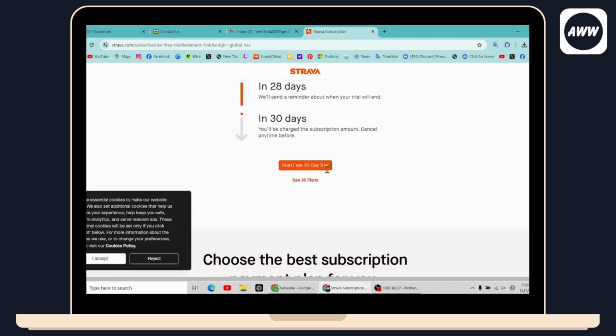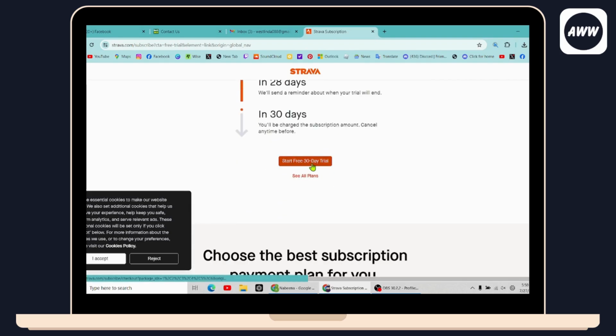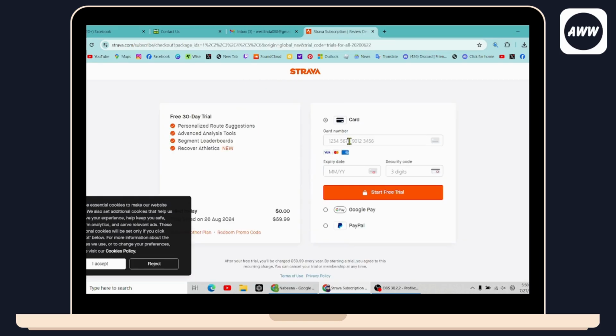So you need to simply go for Start Free Trial. You will have 30-day free trial option. You just need to go for that and then you will have your free trial. And you can enter your card number, your expiry date, security code, and everything, and then you can start your free trial. So that's how you can get your